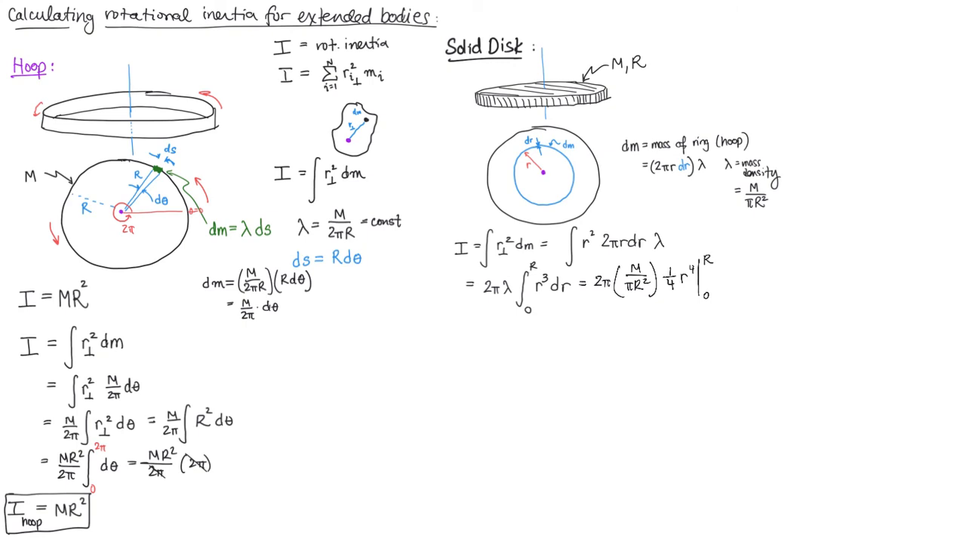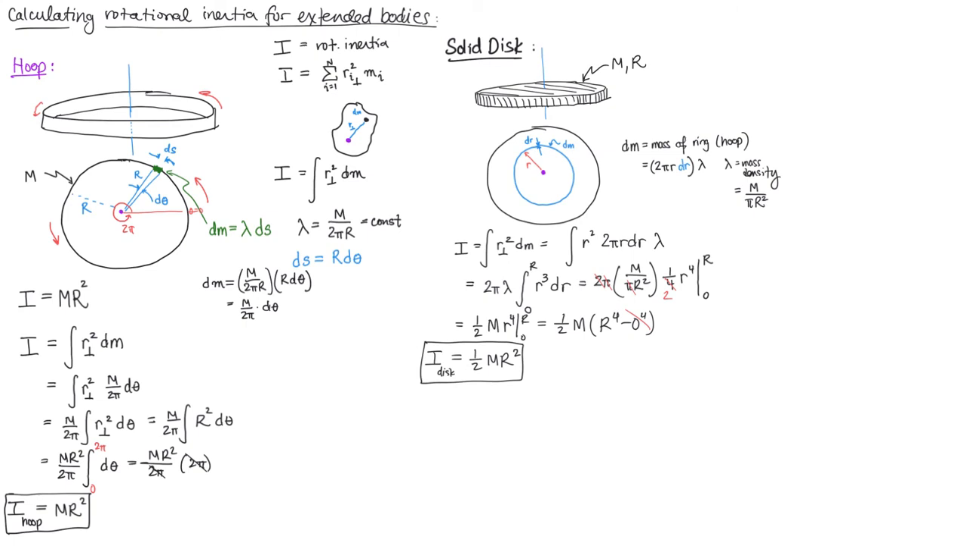evaluated at those limits. We have some cancellation, and we end up with 1/2 m times r to the 4th power evaluated at those two limits, which is 1/2 m r to the 4th minus 0 to the 4th, which is just 0. So we have 1/2 m r squared. So the rotational inertia of a disk with the axis through the center of the disk can be written as